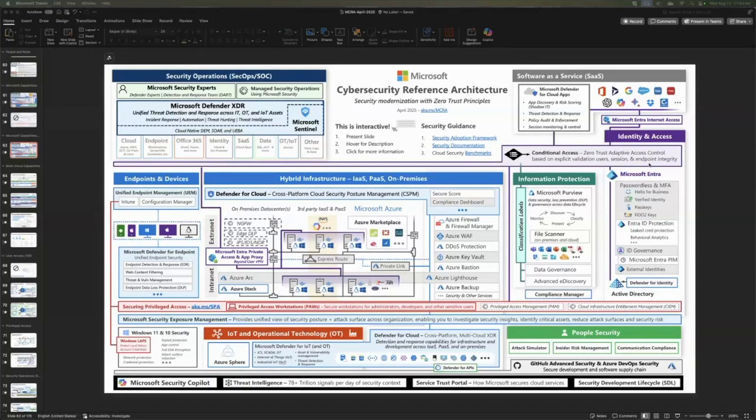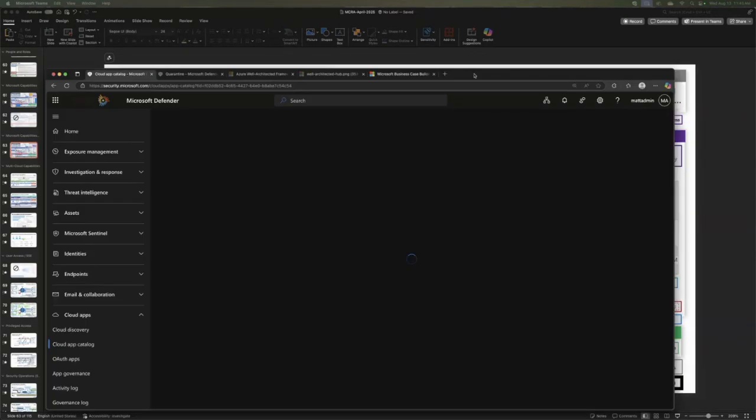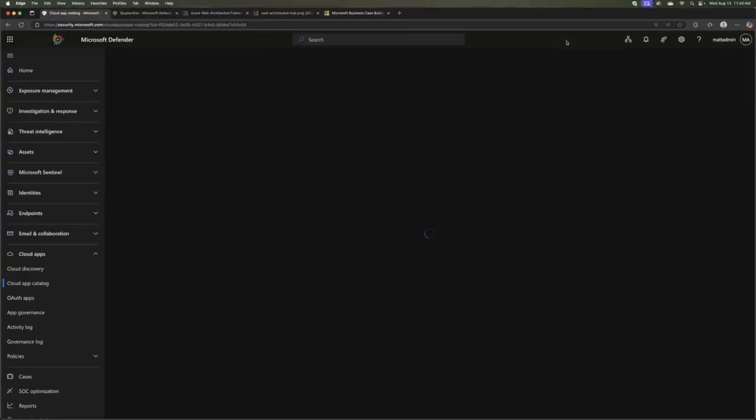Yeah. But then, we were talking about the apps earlier, and my favorite security product, I think, is Defender for Cloud Apps. What I always loved about Defender for Cloud Apps was the shadow IT assessment. But now that we're in the age of AI, how do you leverage that tool for a shadow AI assessment? And like you were talking about with Box and Dropbox and all these third-party SaaS apps, is there a way that we can leverage this?